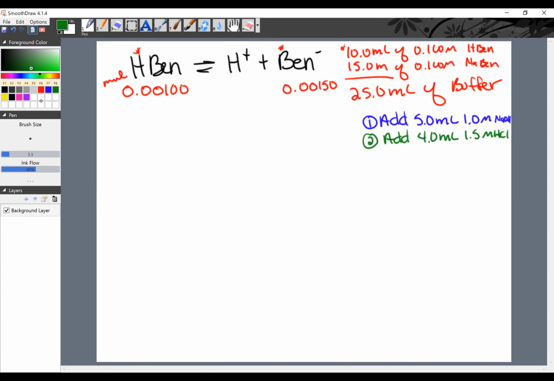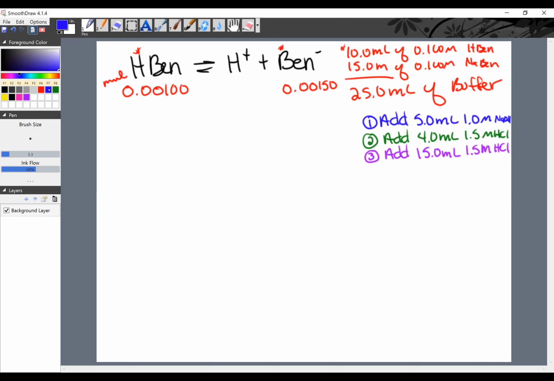And then let's go really wild and crazy. The next example, let's add 15 mils of that 1.5 molar HCl. All right, now I'm telling you, these are not on top of each other. So I want you to consider the question starting from the original amount. Okay, so let's add 5 mils of 1 molar